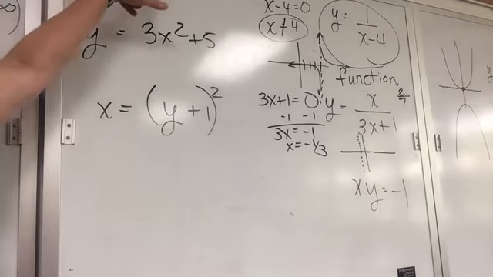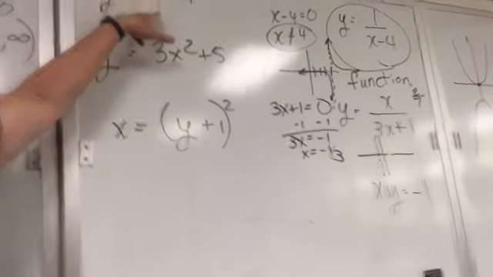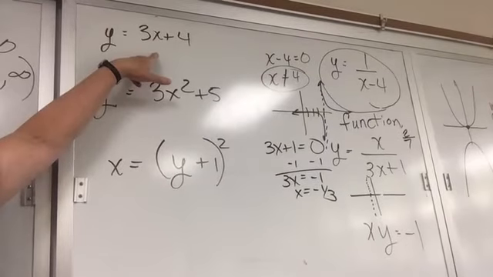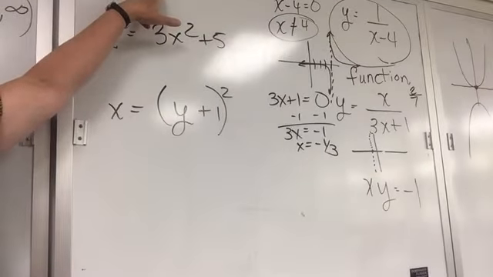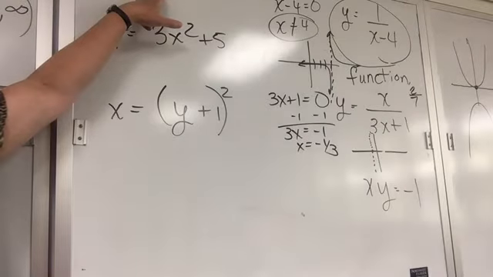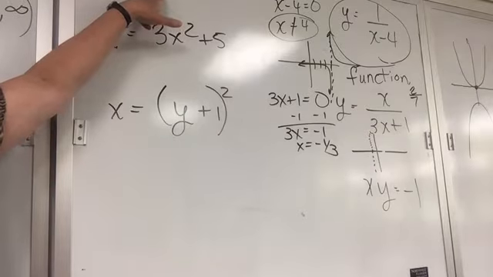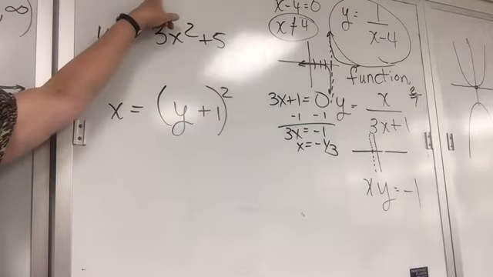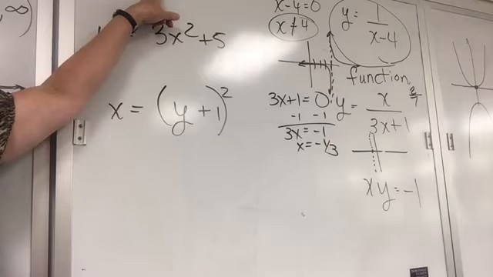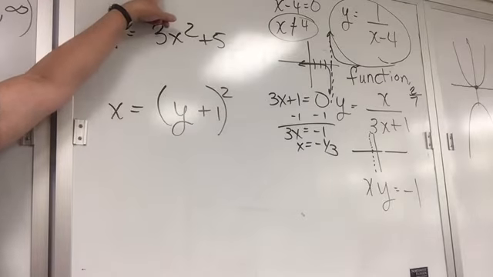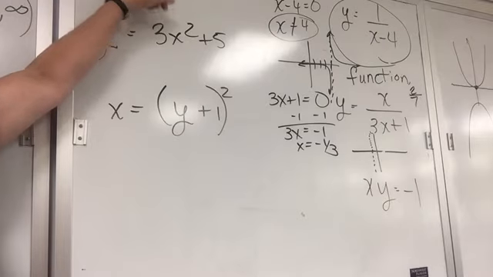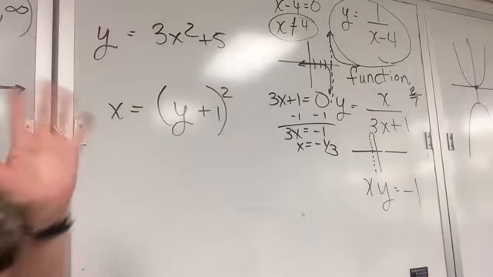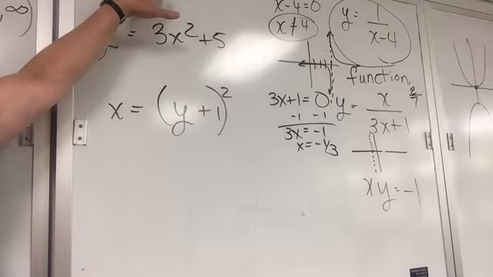What about this one? Okay, we've got to recognize these things. What is this? It's a line, isn't it? In slope-intercept form. Since it's a line, and since it has a slope, remember there's only one line that's not a function: vertical. Since it has a slope, it is a line, it is a function, and it has no limit on its domain. So, negative infinity to positive infinity.